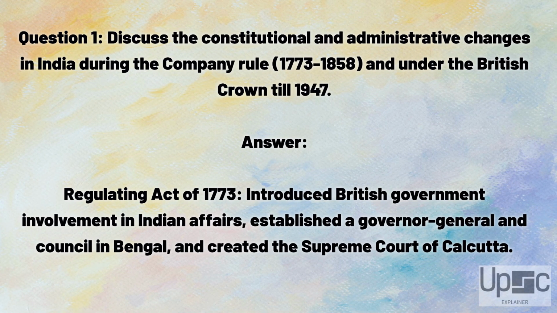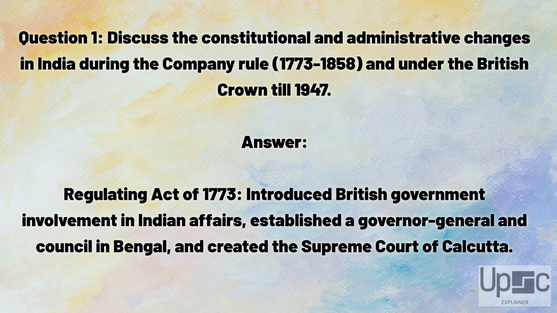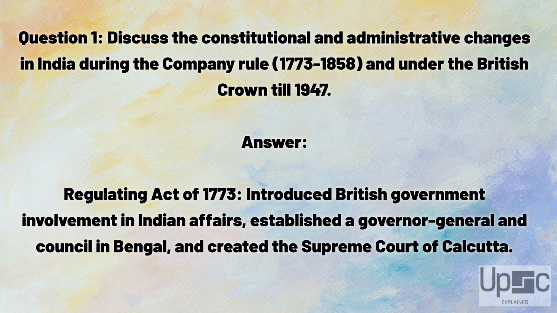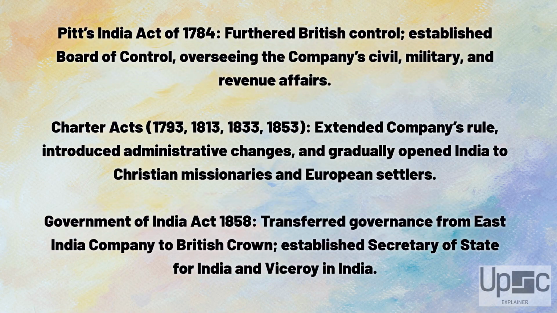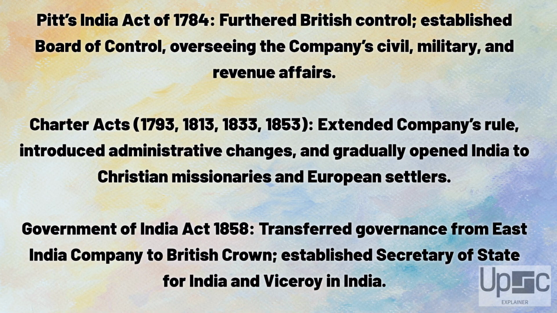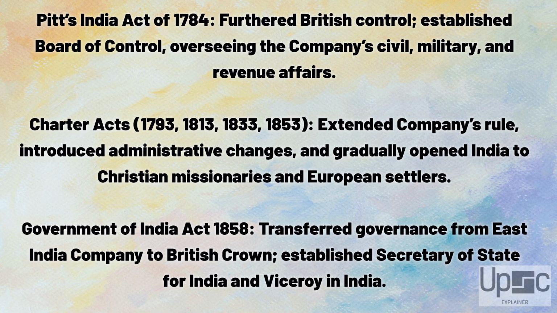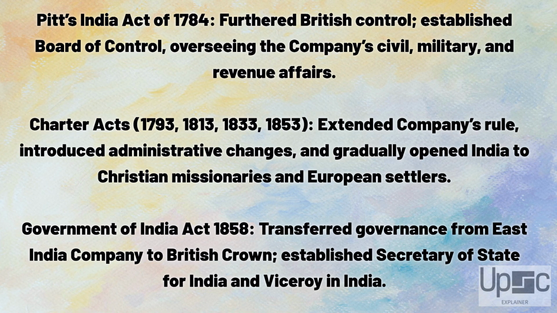Answer. Regulating Act of 1773. Introduced British government involvement in Indian affairs, established a Governor-General and Council in Bengal, and created the Supreme Court of Calcutta. Pitt's India Act of 1784 furthered British control, established the Board of Control, overseeing the Company's civil, military, and revenue affairs. Charter Acts, 1793, 1813, 1833, 1853, extended Company's rule, introduced administrative changes, and gradually opened India to Christian missionaries